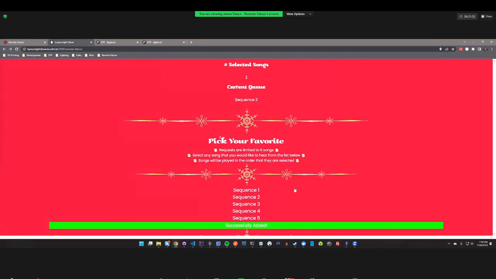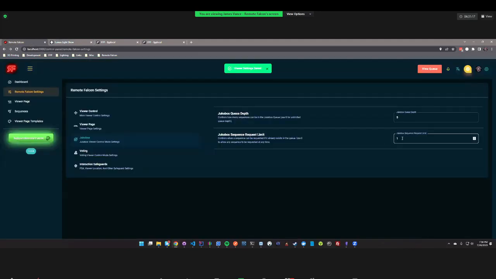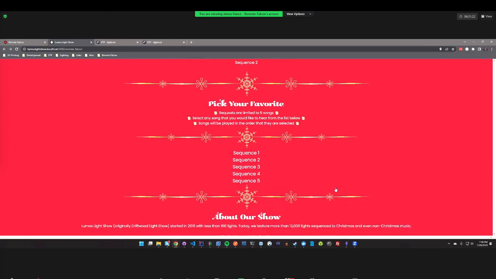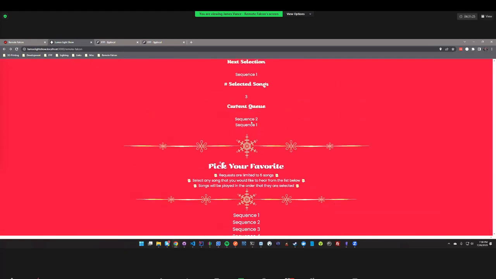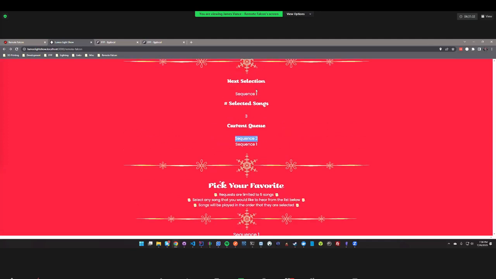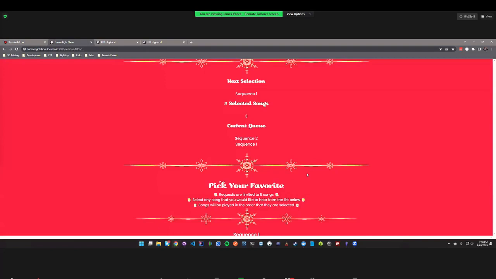All right, cool. So I'll listen to sequence number 2. So it puts sequence 2 in the queue. Well, now there is one sequence separating sequence 1 and whatever gets requested next. So if I select sequence 1, it will let me do it because it ensures that there is one sequence between requests, one unique. So if I was to set this to 2, and we're going to clear our queue here,